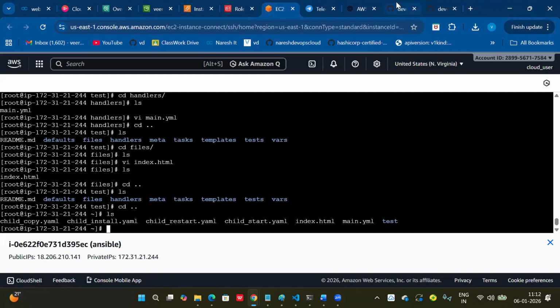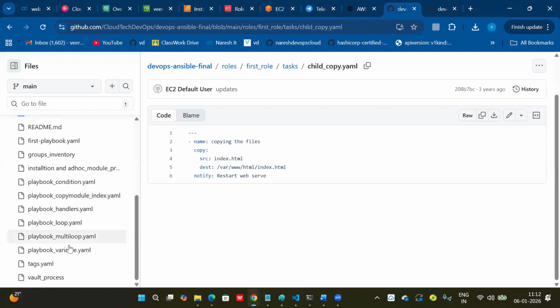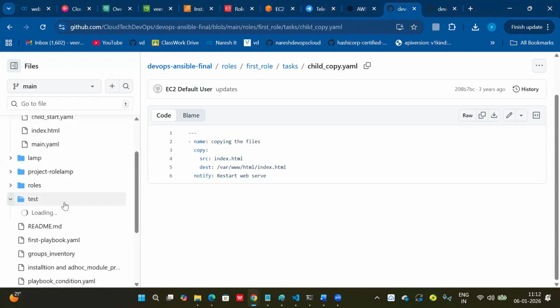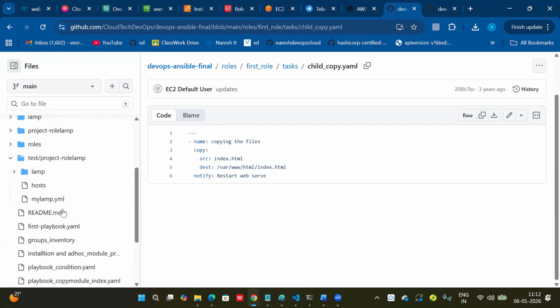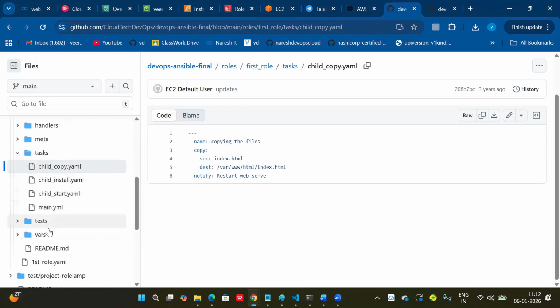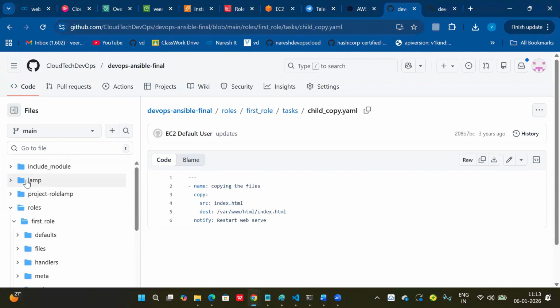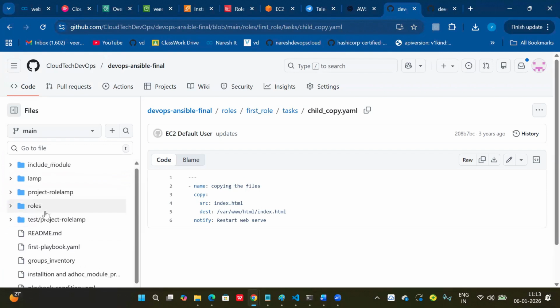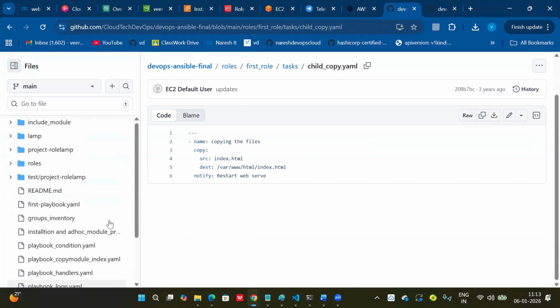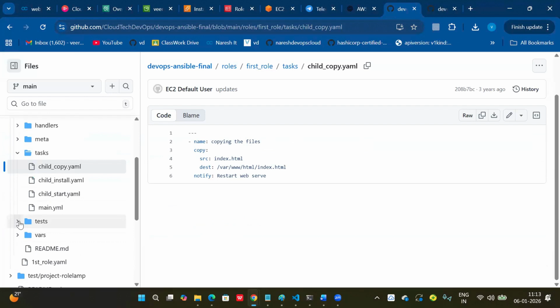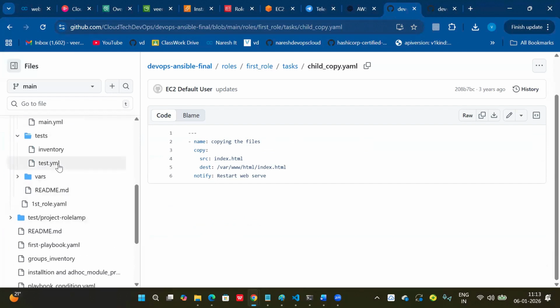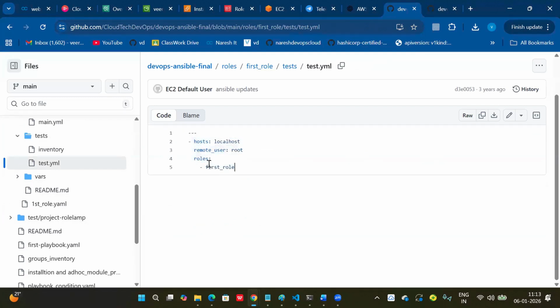So in this case, your main YAML contains a call to one role. You can see here. Click on the roles, tests. Yeah. Now you can see this YAML is calling your role, right?